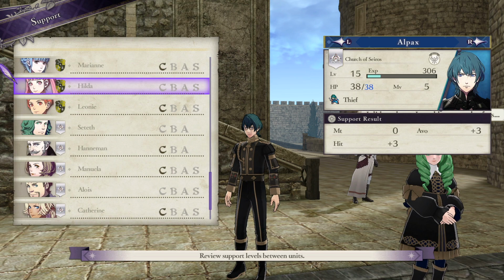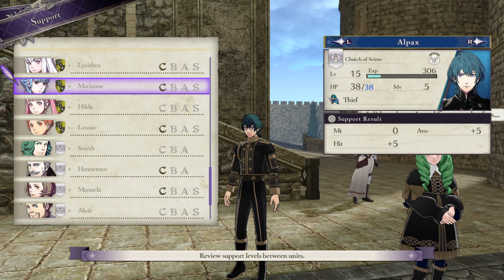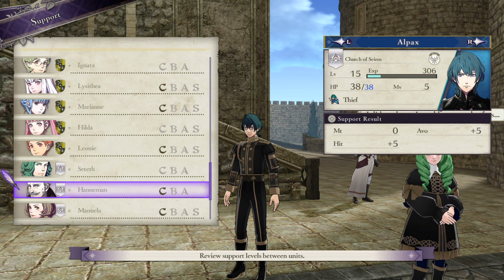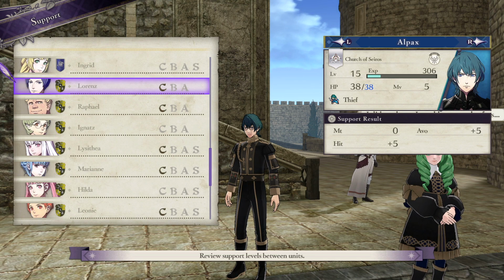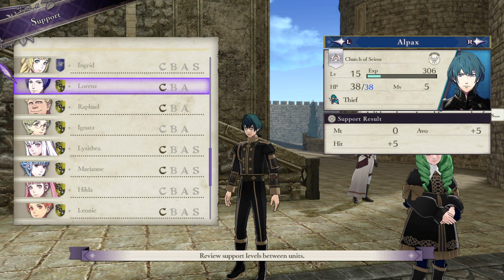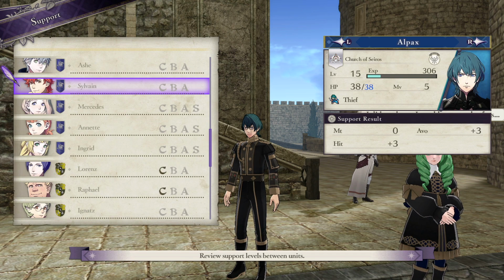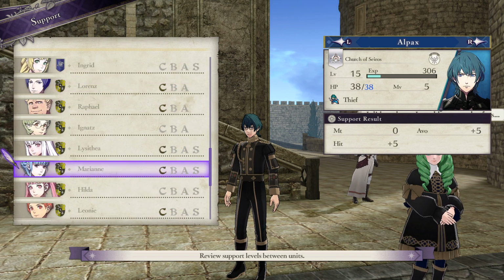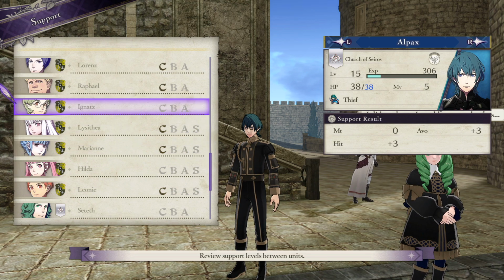So none of them. Leonie, Hilda, we need to get some supports up with, but we still have a lot of time, potentially, for Hilda. Is Ignatz on my list? Raphael, like... All of them are on my list. We actually have a ton of that house to get. Wait, yeah, we're recruiting every single member of the Golden Deer that we need, because we didn't do a very good job at getting complete supports with them. Okay, so all of them. None of the Blue Lions we need to recruit. So yeah, it's just those guys. Okay, that's fine. None of these are going to be permanent party members, but...